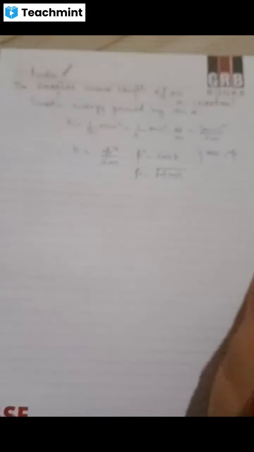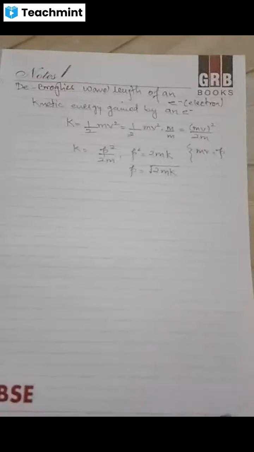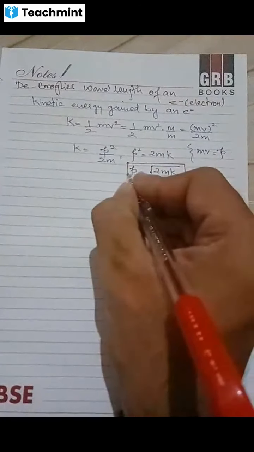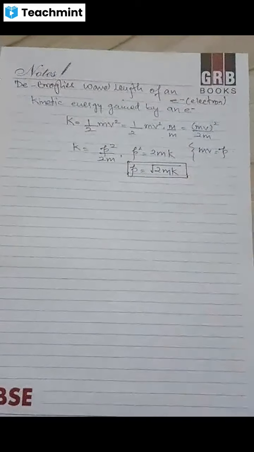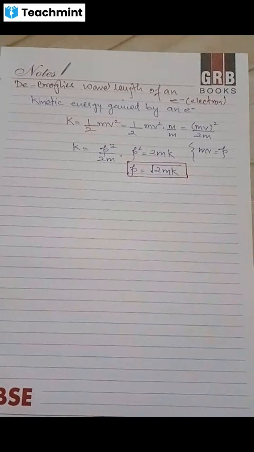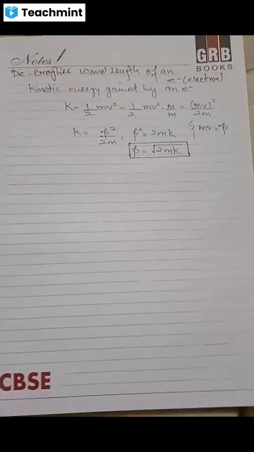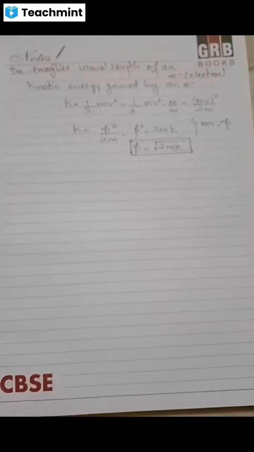ये हमें यहाँ से इस एक्सप्रेशन से इस तरीके से ये मिल जाएगा. So this is the core expression of the momentum of the electron when it is accelerated. जब कोई इलेक्ट्रॉन एक्सेलरेट करेगा तो उसके साथ एसोसिएटेड मोमेंटम की वैल्यू ये हो जाएगी इन द फॉर्म ऑफ काइनेटिक एनर्जी. Now let us talk about the next, work done on the electron.